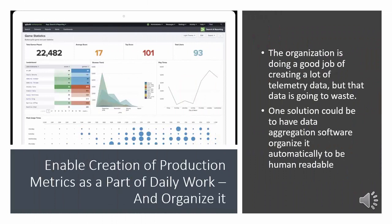The organization is doing a good job of creating a lot of telemetry data, but that data is going to waste. One possible solution could be to have data aggregation software organize it automatically to be human readable. Now, one example of this is in defensive security, such as in web application firewall work or network management. In this